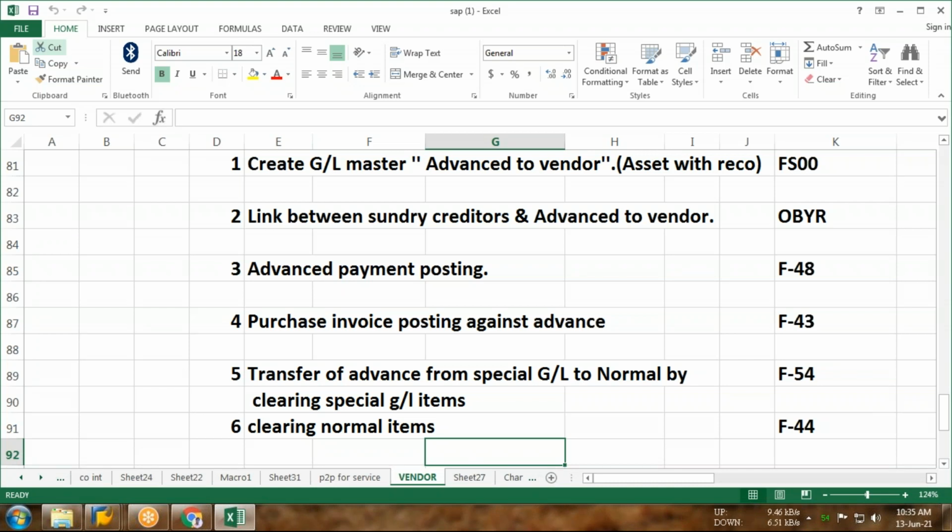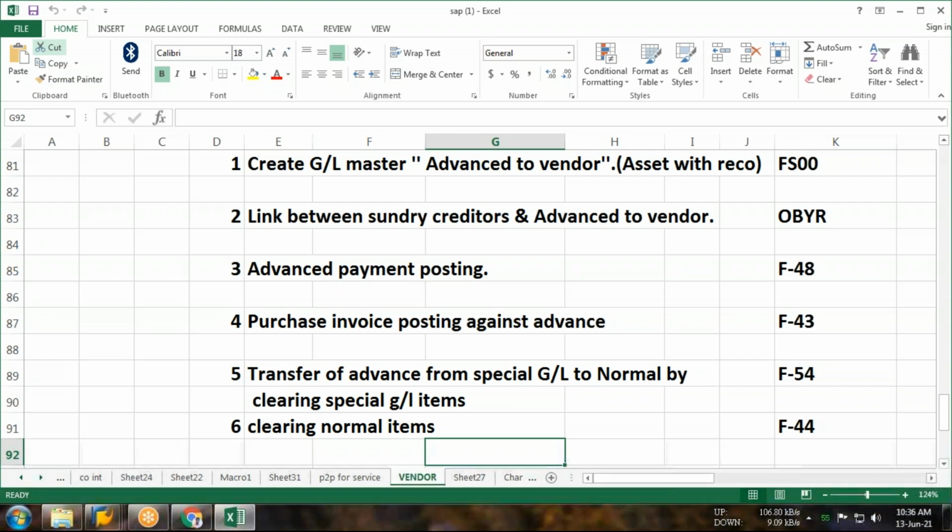Whenever you are going to apply for any interview for a fresher in the SAP field, I'm requesting all my students, these 4 T codes you have to remember. Because if you want to record any advance transaction in your system, you have to follow these 4 T codes. It's not that you follow only one T code. You have to follow all these 4 T codes. Do not miss out any. So please show us, sir, how we should use these T codes.